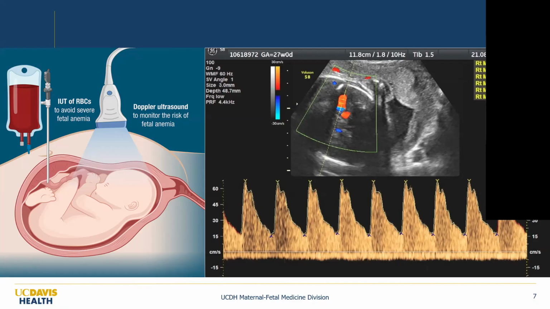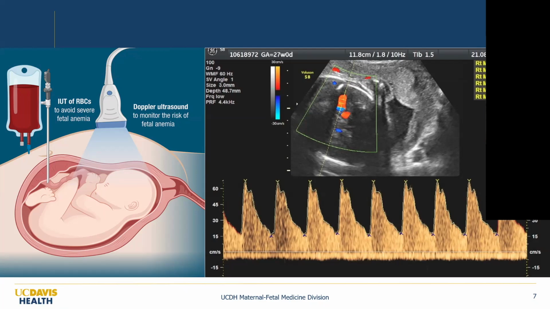What it does, it extends the therapeutic range of one intrauterine transfusion, which normally lasts around 2 to 3 weeks, to as much as 3 to 4 weeks, so we don't have to repeat the transfusion. Every time we start with an intrauterine transfusion, the mortality rate for the fetus increases over time. So the more we do IUTs, the more likelihood that we're going to end up with a stillbirth or a